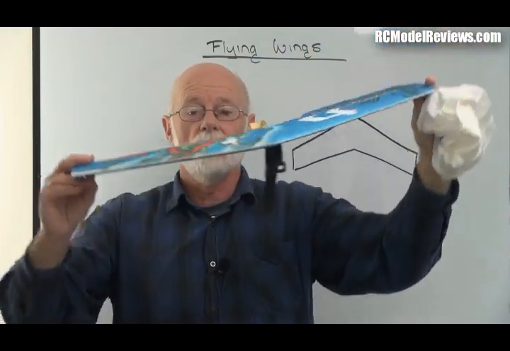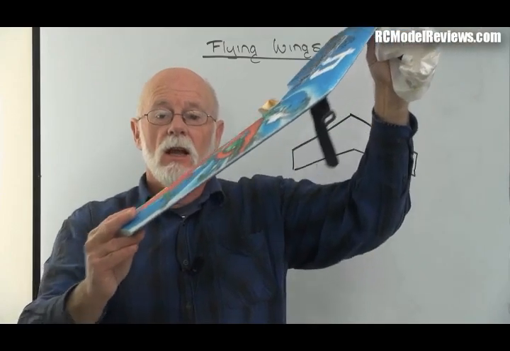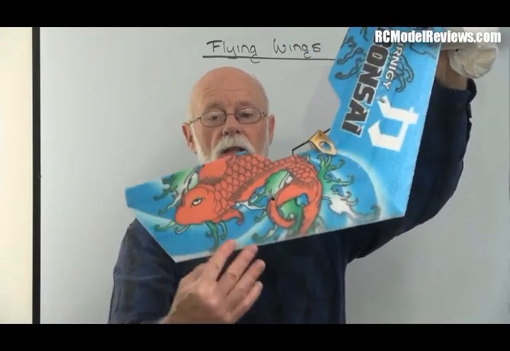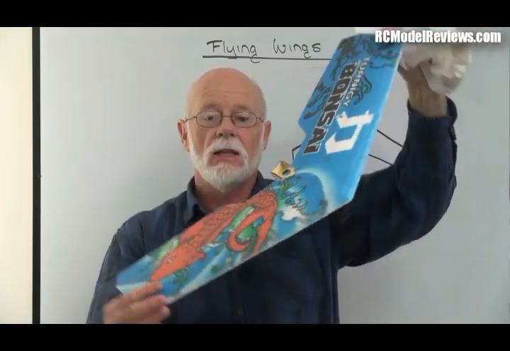A swept wing tends to have dihedral effect. As it starts to side slip, the wing here gets the air flowing more straight on, and it creates a lift, so it will actually